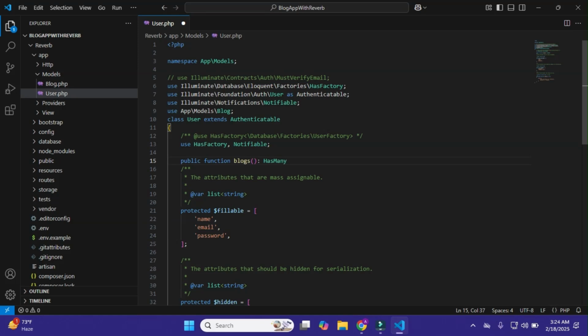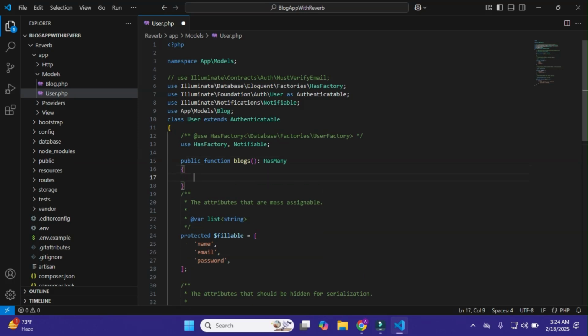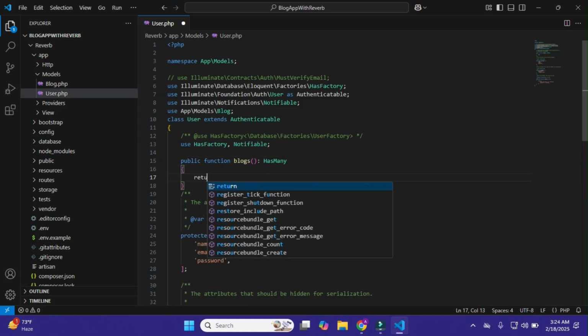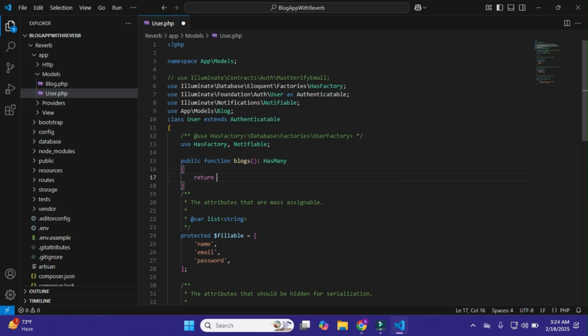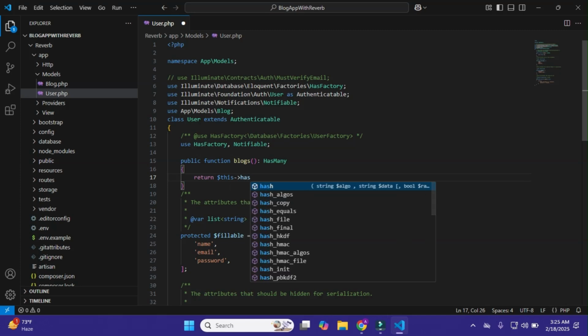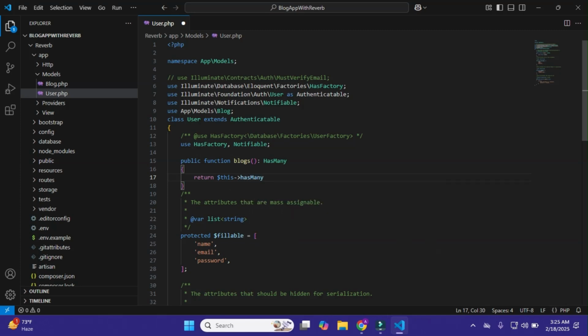Okay, has many relationship, and just make these brackets, and it returns $this, and in it just add here hasMany. Okay, and within it pass the Blog class. Okay, that's it.